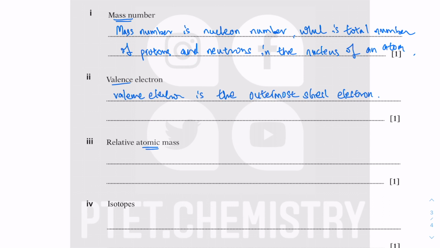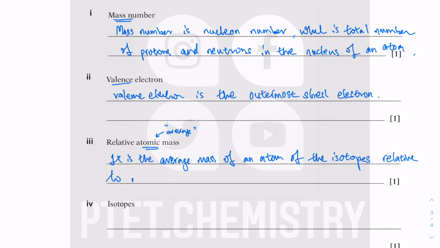Relative atomic mass is to do with average. So your answer has to have average. It is the average mass of an atom of the isotopes of an element. Of an isotope is fine. Of the isotopes relative to 1/12 the mass of an atom